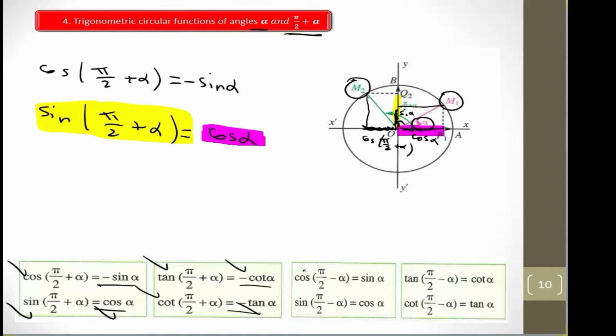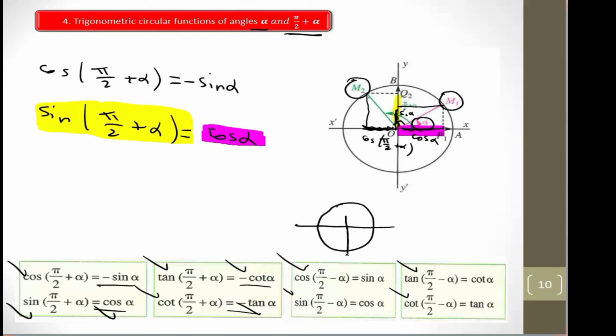And the same way, we can deduce cosine pi over 2 minus alpha, sine pi over 2 minus alpha, tangent pi over 2 minus alpha, and cotangent pi over 2 minus alpha. They will be the same values here. We can just make a quick